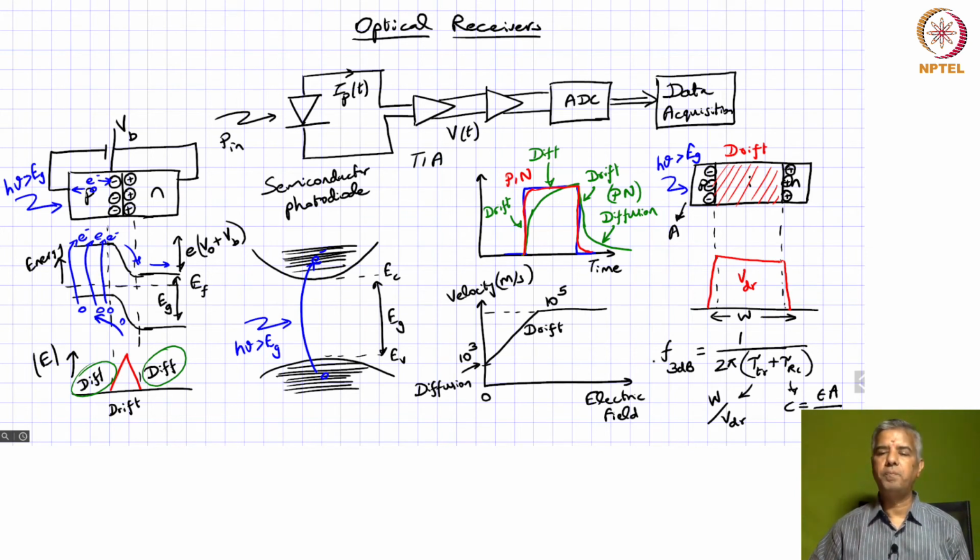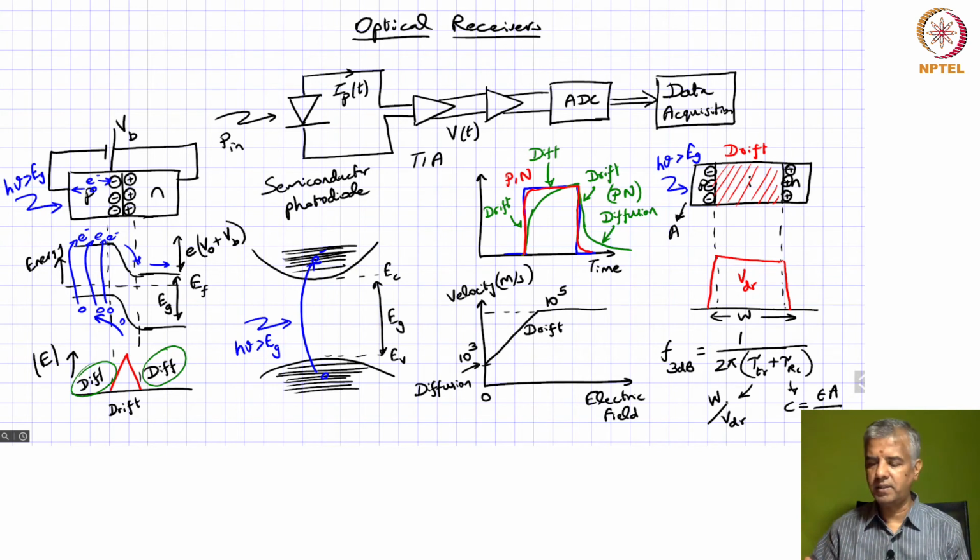So if you want nanosecond type of response, you can say roughly something in the order of gigahertz bandwidth. You at least need some hundreds of megahertz bandwidth to pick up a 10 nanosecond pulse, and in that case what we are dealing with is